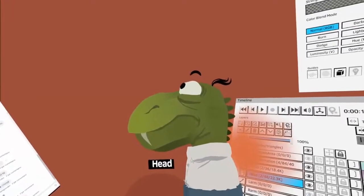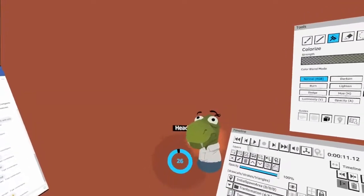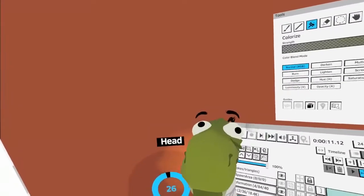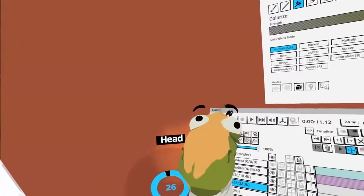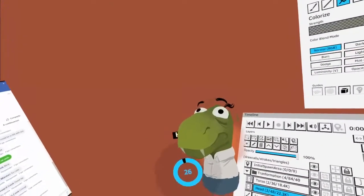Later, I'll do a highlight later on the whole layer, which is gonna look strange, maybe with this low res, but